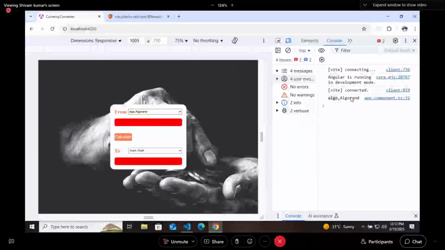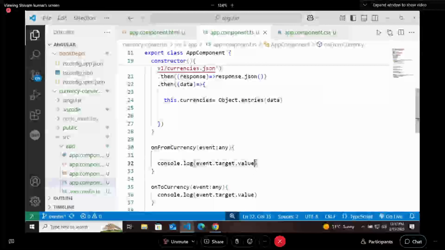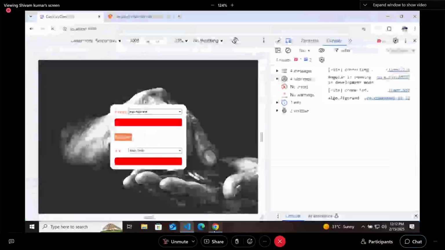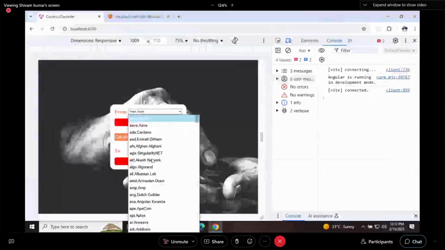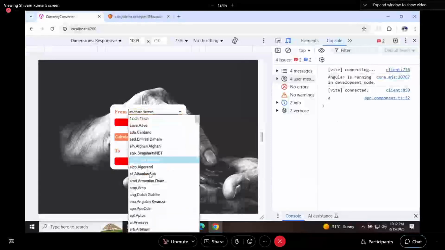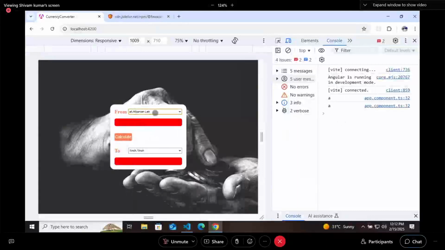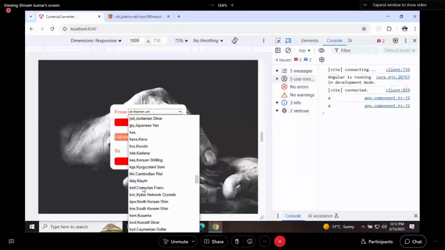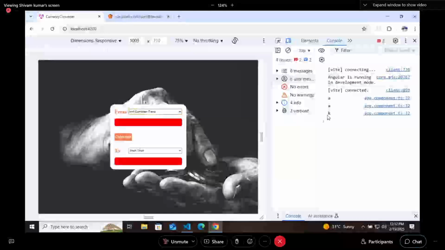You need to take the first value. So if I say values with the indexing 0, go there again and select one currency. This time it is printing the first letter. Here again first letter. 0 means it will print the very first letter.